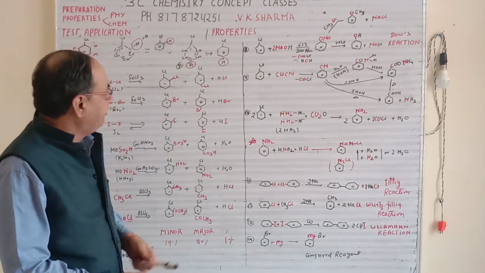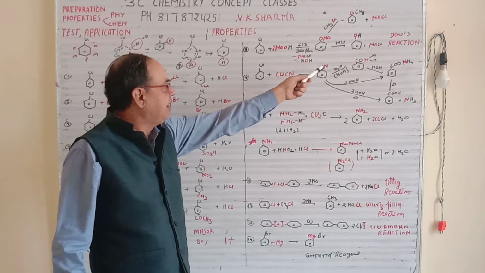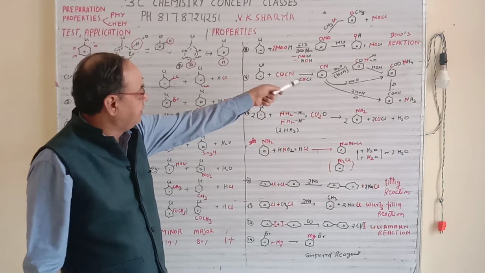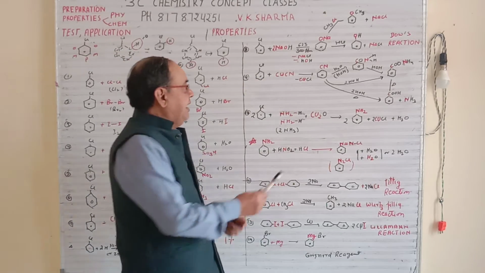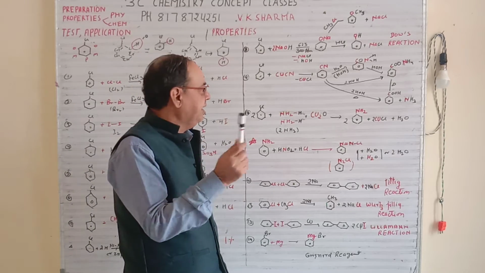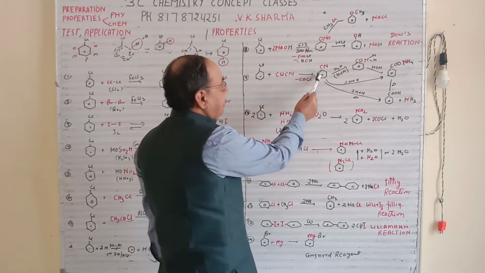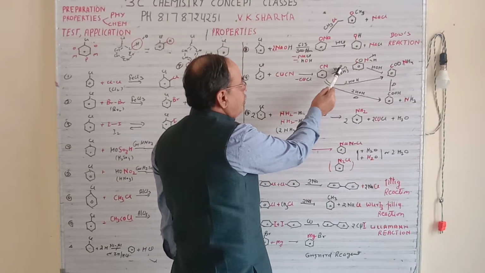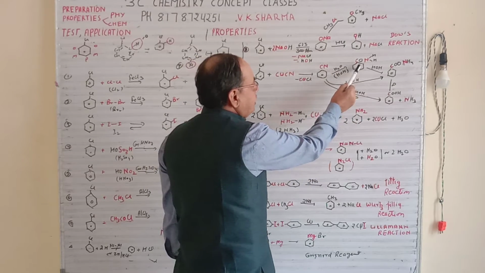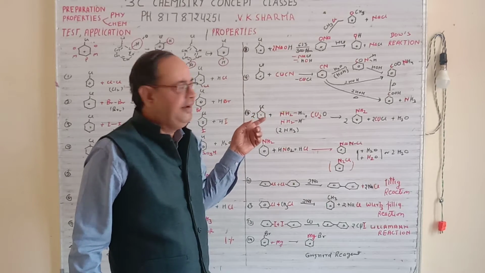Next, the ninth reaction: we have chlorobenzene. When we react it with CuCN, the cyanide will come on the benzene ring and Cl will be replaced, as Cu will take the Cl. Now this cyanide has a property. Cyanide may be aliphatic, RX to RCN, or maybe aromatic. In both cases, if you have a cyanide and add H2O, one oxygen will be carried with the carbon and two hydrogens will be carried with the nitrogen. So this will give you CONH2. This is your amide group. So this is called benzamide.